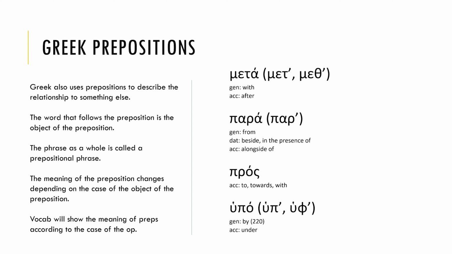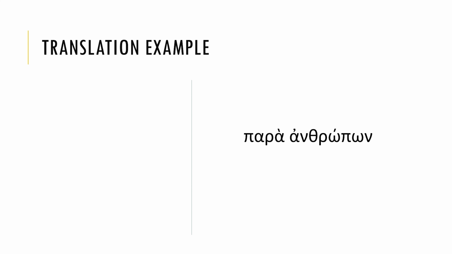So let's take para, for example. So there you have para, from, beside, or in the presence of, and let's do a translation example. The first thing you've got to do, when you're memorizing your vocab, is memorize the Greek, right? Para, and then you say, okay, genitive from, dative beside, in the presence of, accusative alongside of. And you say that like a million times until you've got all three memorized. All right, so then you're reading in your Bible and it says para anthropon, and in your head you're like,